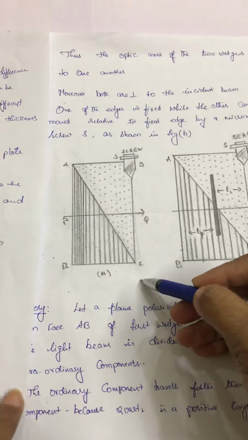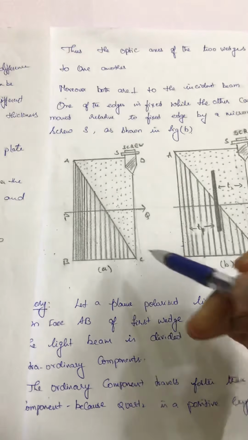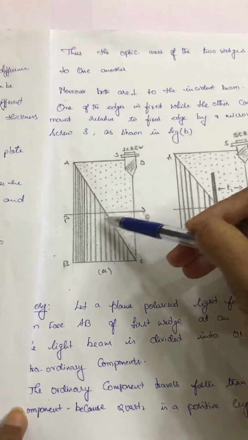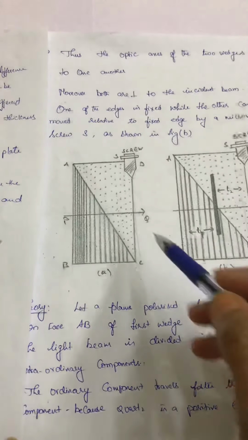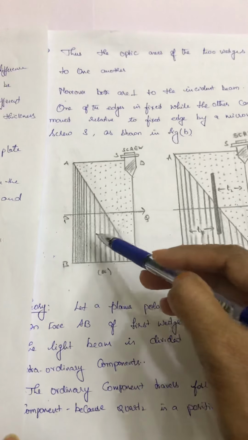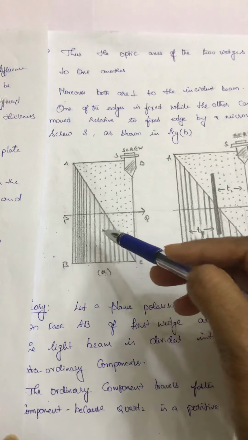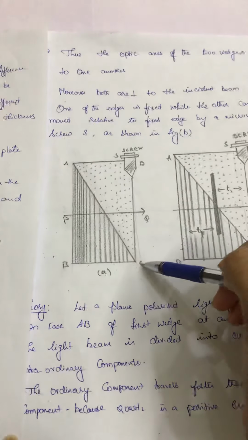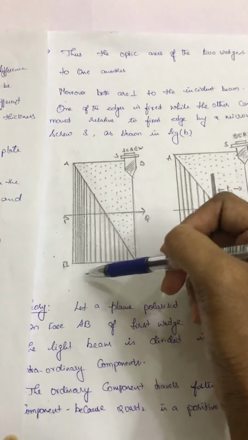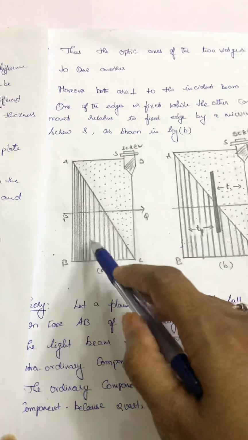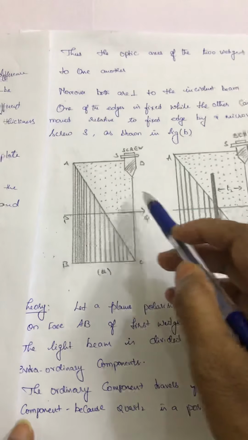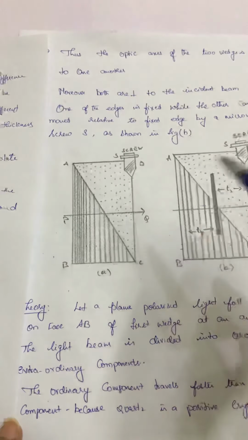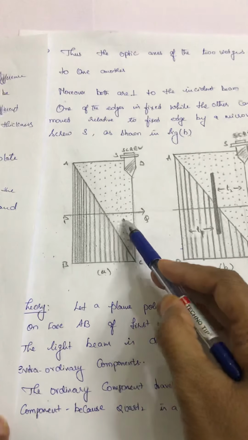So this is our Barnes compensator plate. It looks like two triangle shapes in contact with each other. The Barnes compensator consists of two small-angle wedge-shaped pieces of quartz plates with their hypotenuses in contact so as to form a rectangular block. What is a wedge? This triangular shape we call a wedge shape. This is the left wedge, this is the right wedge.